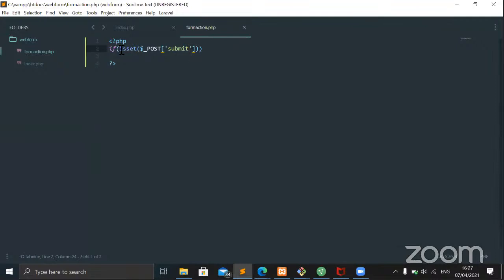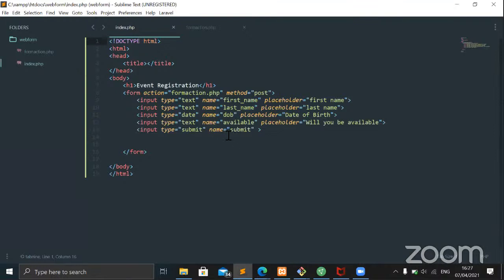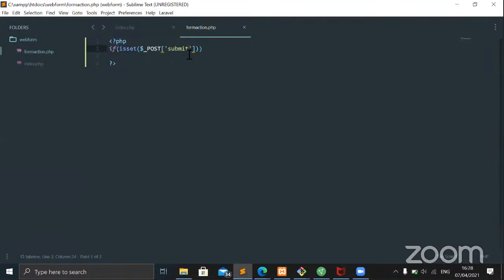So we use if isset, if post, if we click on this submit, if submit is valid, then we have to have everything. Every input here has to have a name, because the name is what we use, and it is unique to each of the inputs. For the first name, the name is first_name, then last_name, DOB, available, and submit, like that. So we have if isset post submit,